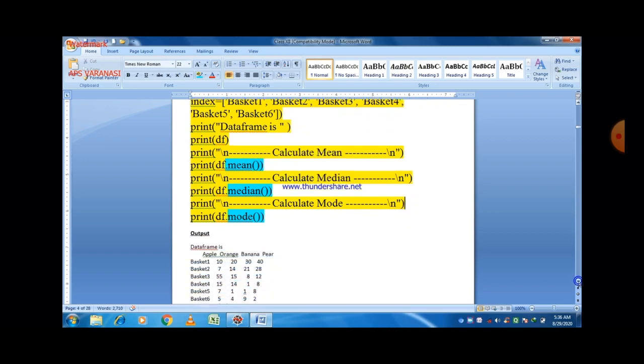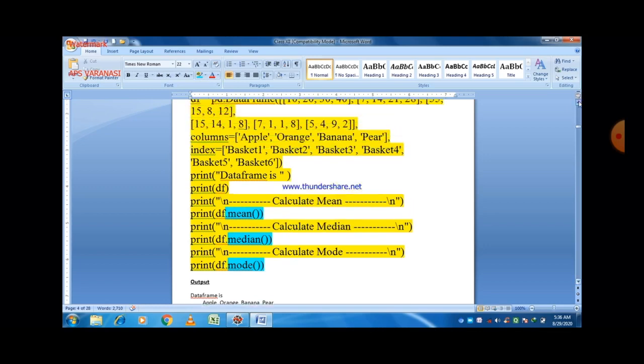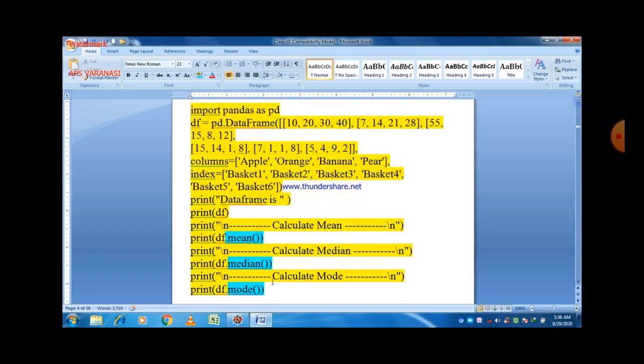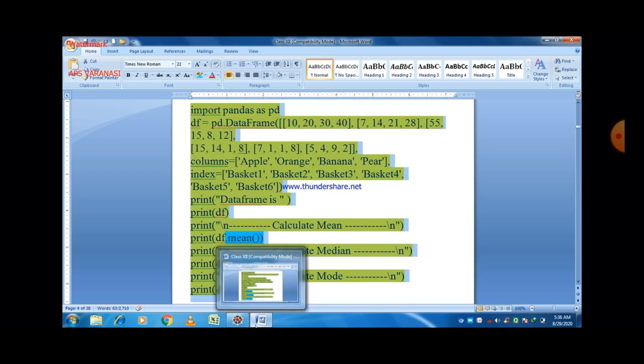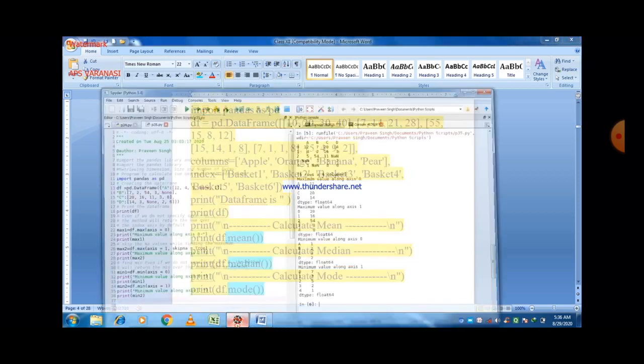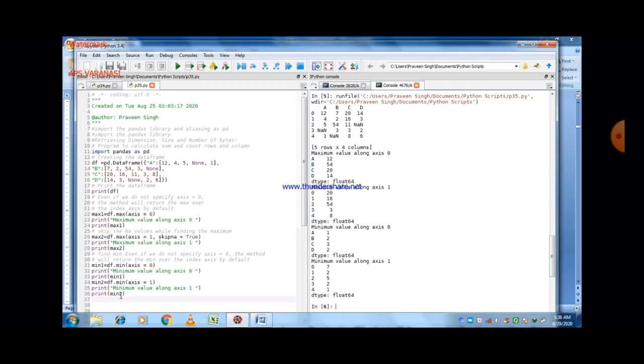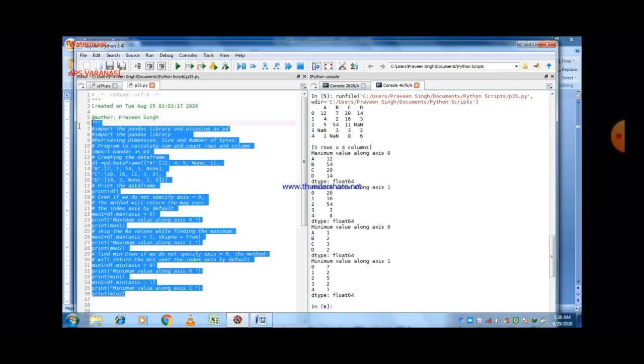Here is the output. Python Anaconda we use here. This is our previous program, so I just overwrite the program here.